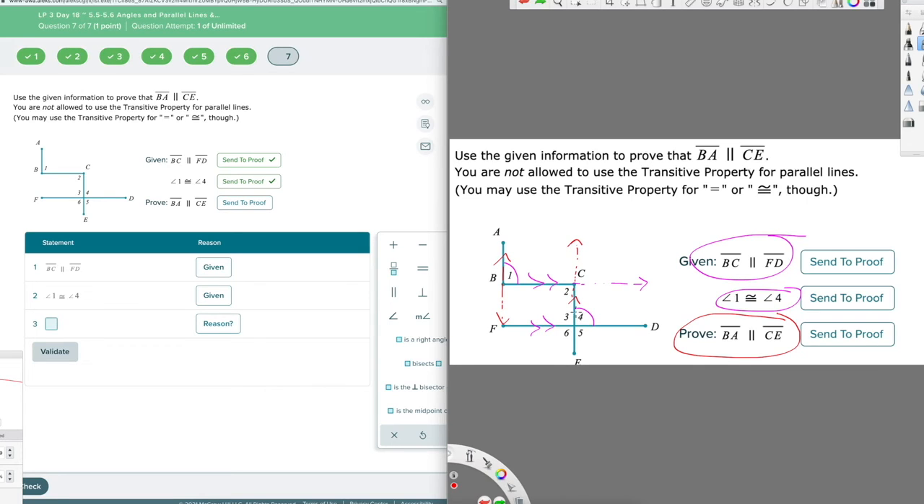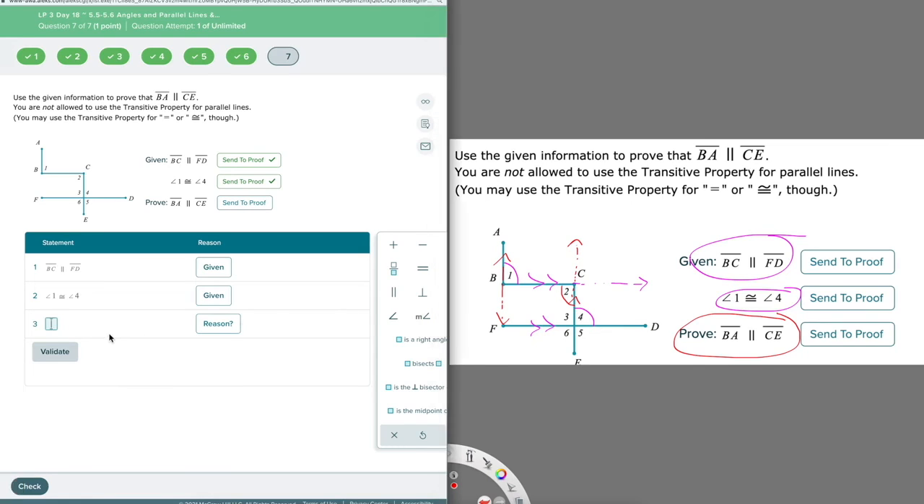So if I use angle 4, and I'm looking at this guy as the transversal for a moment, angle 4 and angle 2 are alternate interior angles, because they're in between the two parallel lines I already know about, BC and FD, and they're on opposite sides. So I can go here and I have to click on angle. Angle 4